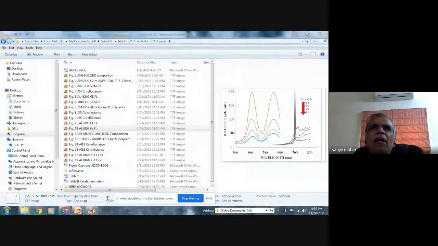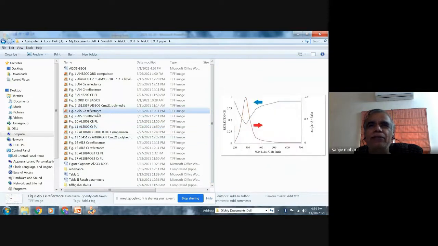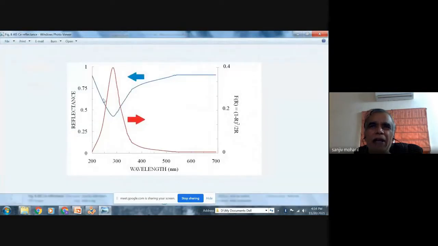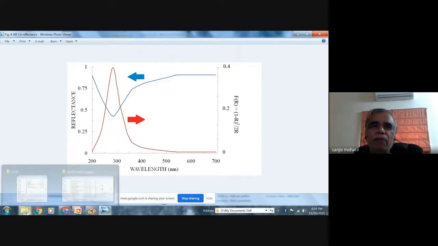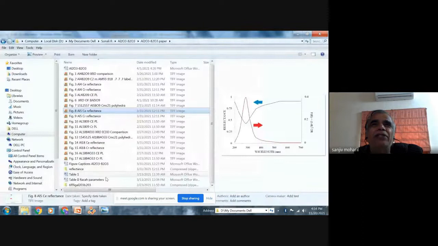There can also be another type of measurement made in the photoluminescence experiment itself. We can calculate the reflectance spectra. So this is the reflectance spectra I can get in my instrument. So this gives me an idea about the optical absorption. And if the absorption corresponds to conduction band and valence band, then I can also get the values of the band gap from this.